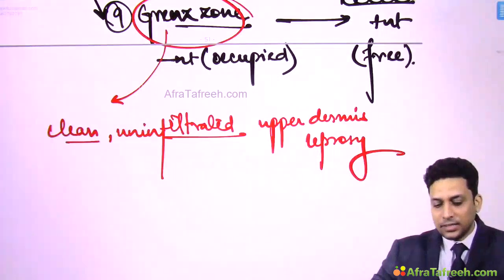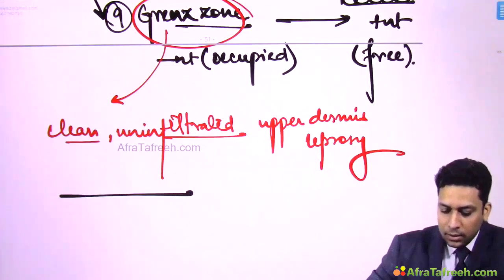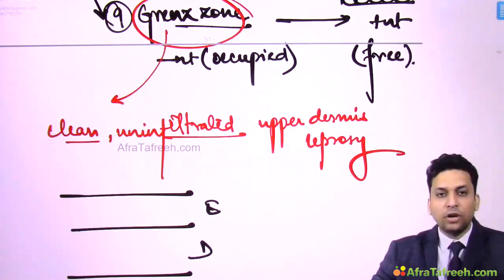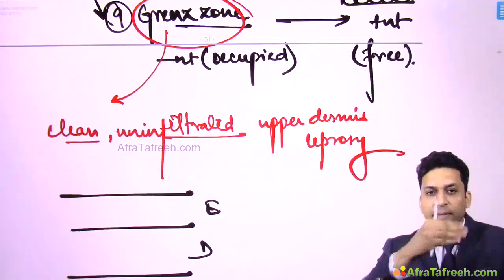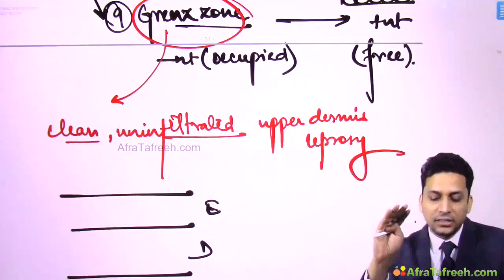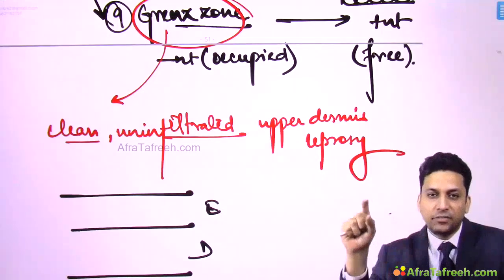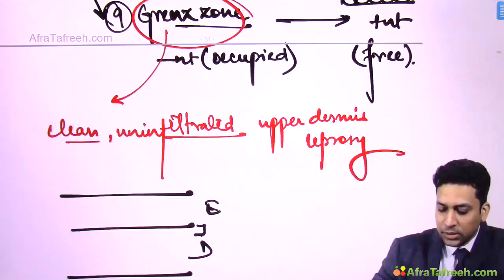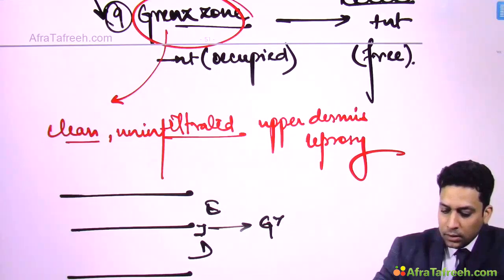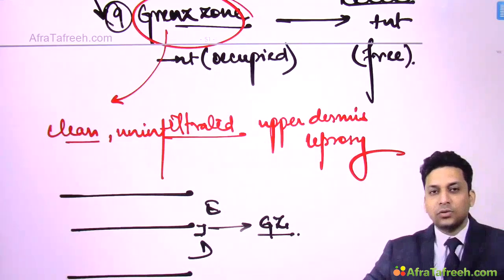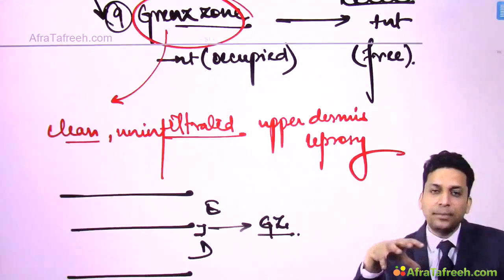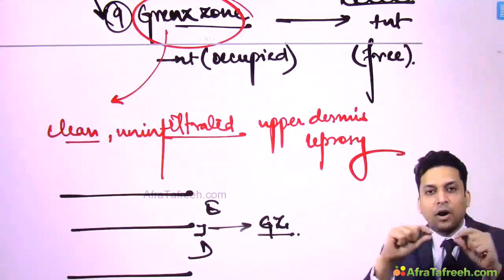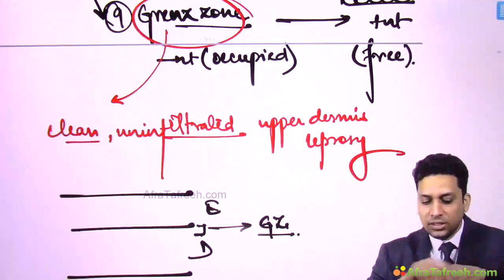Let us try to understand this. If this is epidermis and this is dermis, normally there are projections of epidermis which are going down, these are known as rete ridges, but in leprosy there is obliteration of rete ridges, due to which this upper portion of the dermis appears clear, known as Grenz zone. Why? Because the infiltration which occurs in leprosy generally involves the deeper portion, and this upper clear rim of dermis is seen. This is known as Grenz zone. This is generally clear.